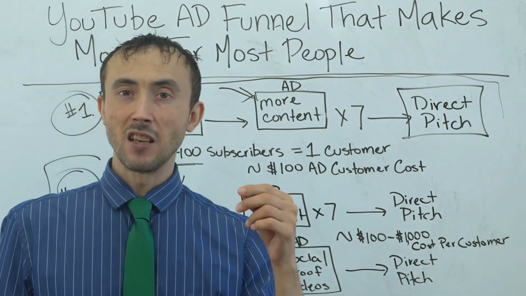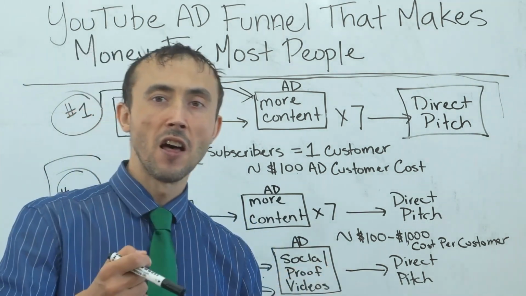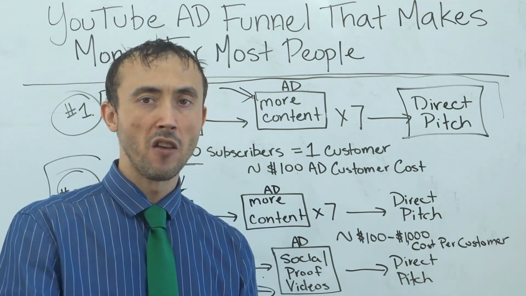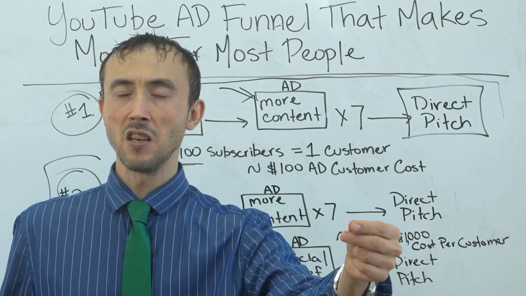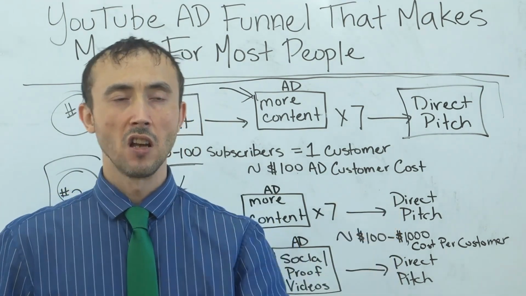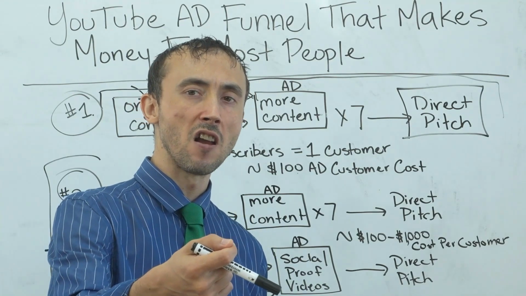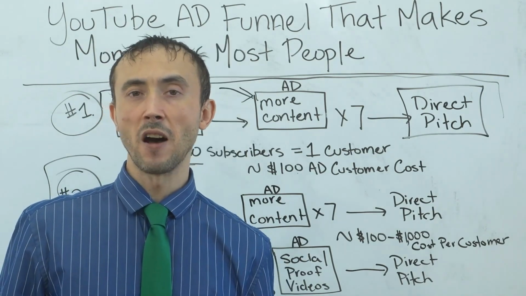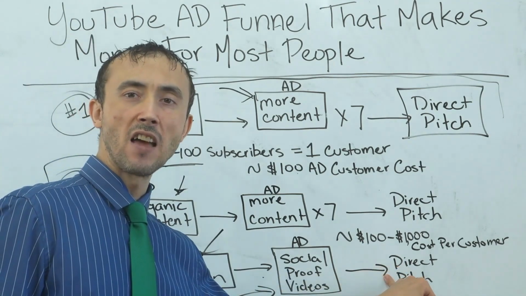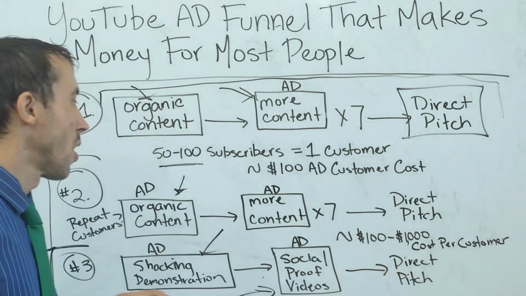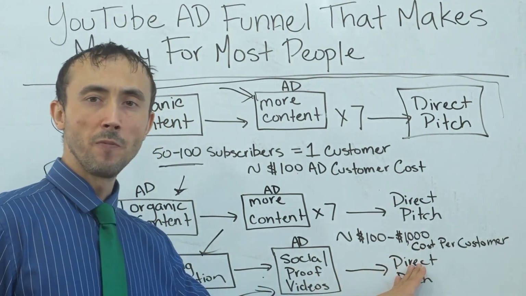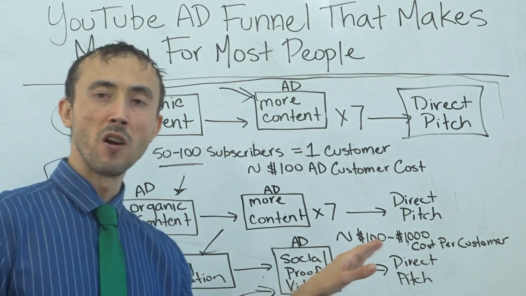They buy because they saw another customer using it, then another, and then another, and then they saw it on CNBC being mentioned, and then they see an influencer talking about it on a channel. One of these basically finally gets them. Then of course at the end of all that, you have your direct pitch again. So you could go this third way with it if you have something interesting enough or in demand enough.